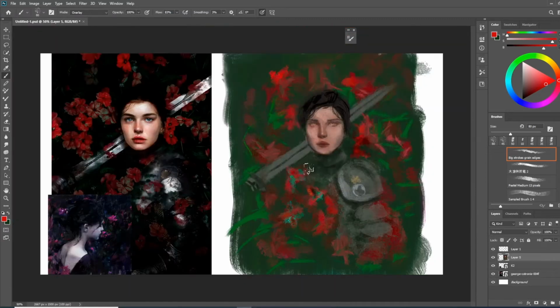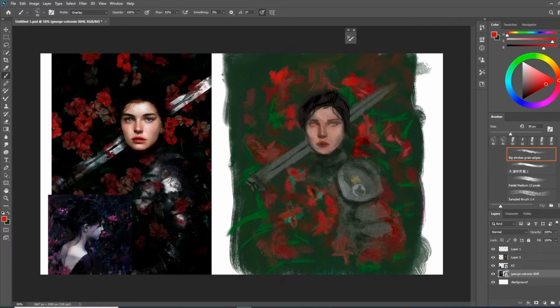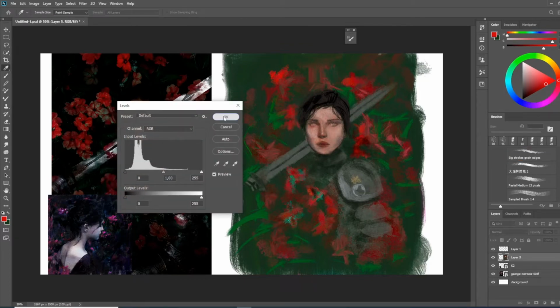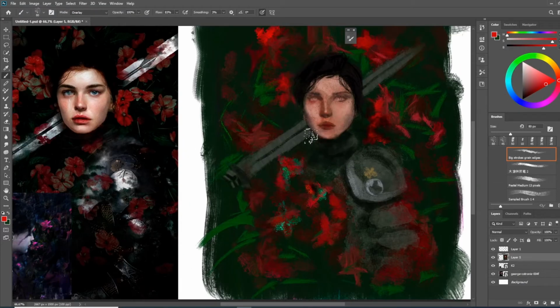And now what I'm going to do is work with the values. As you can see, the green is too clear and the image is more like black. It's not completely black, because if I turn the opacity down you can see the green and the leaves. So I'm going to work with the luminosity or curves, so I can turn this more. Now I can work with the light and the values and